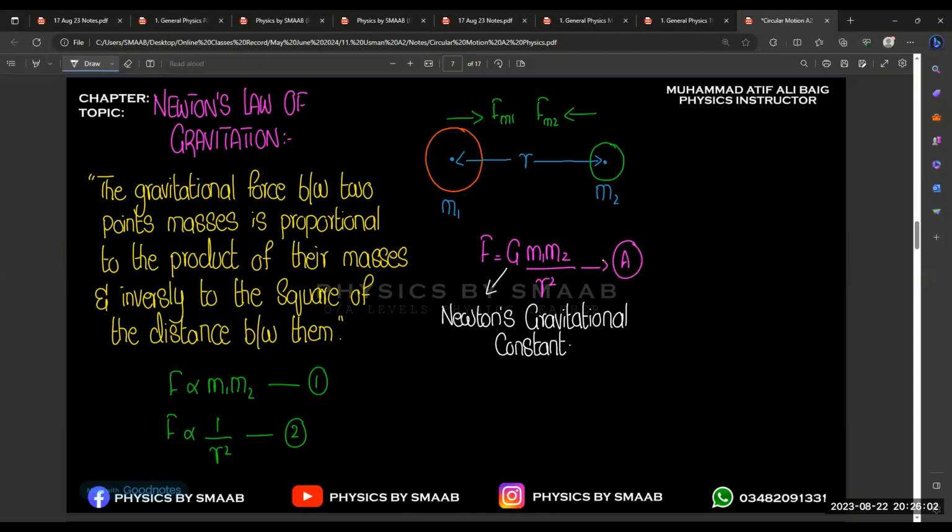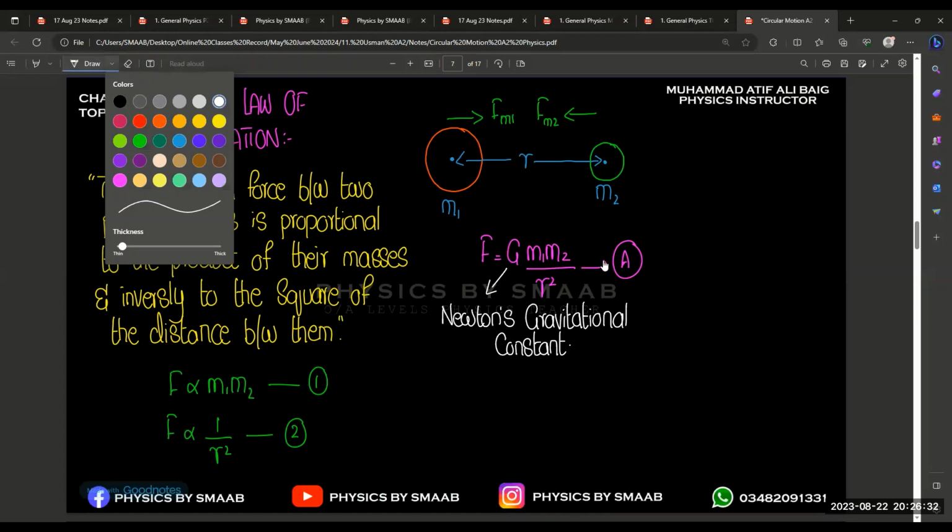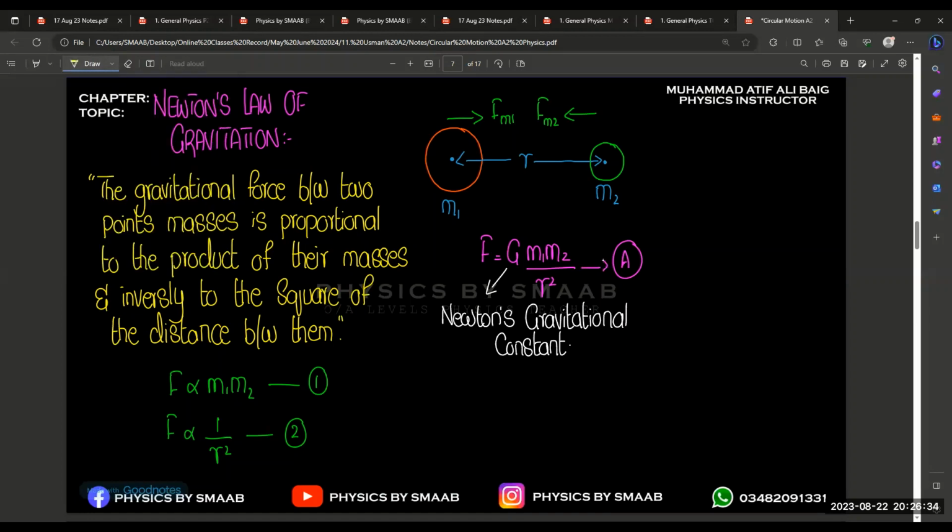So this is Newton's gravitational constant, simple, right? Yes. So basically, this is the constant value, and the value of this capital G will always be mentioned in your data book, or the constant values that are written before your paper. So you will get the value, and if we want to write the value for capital G, the value is equal to